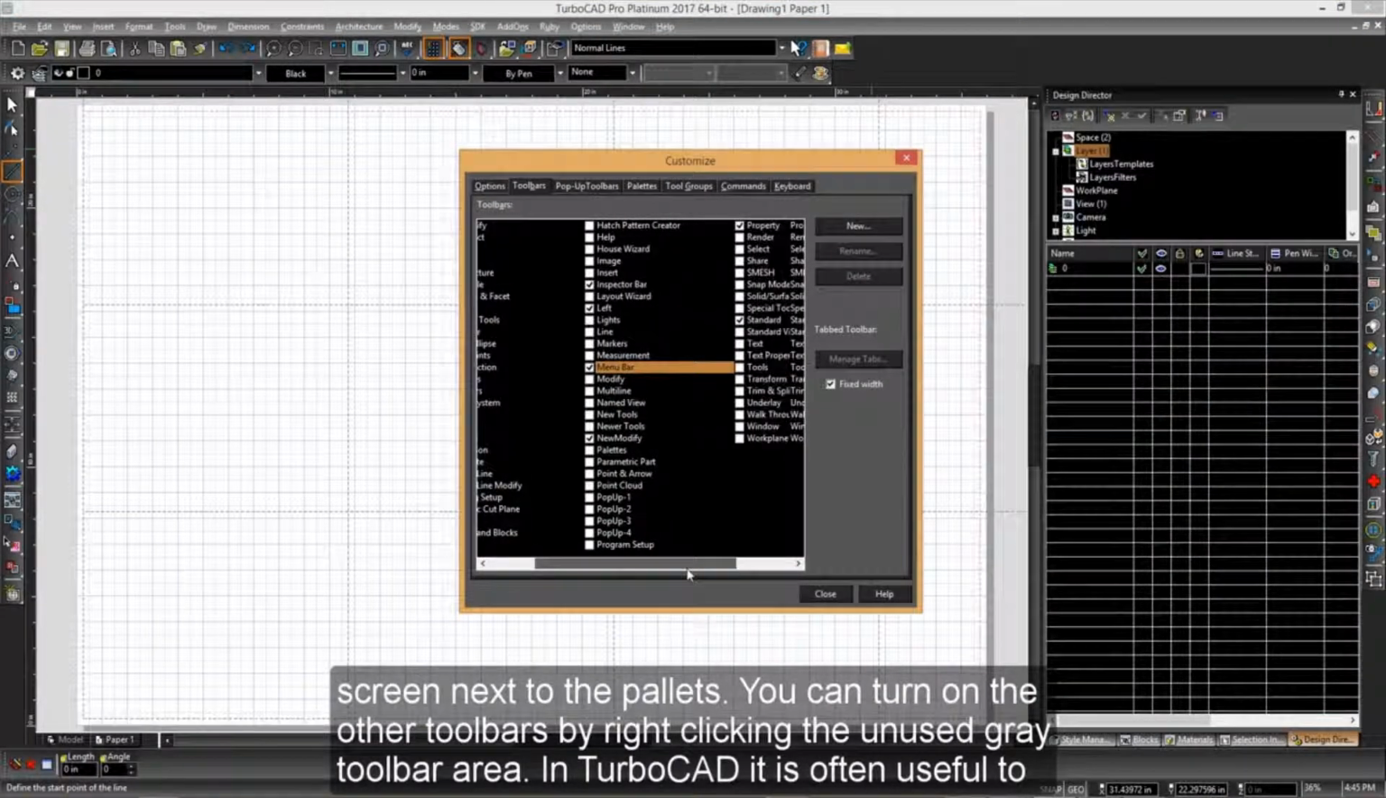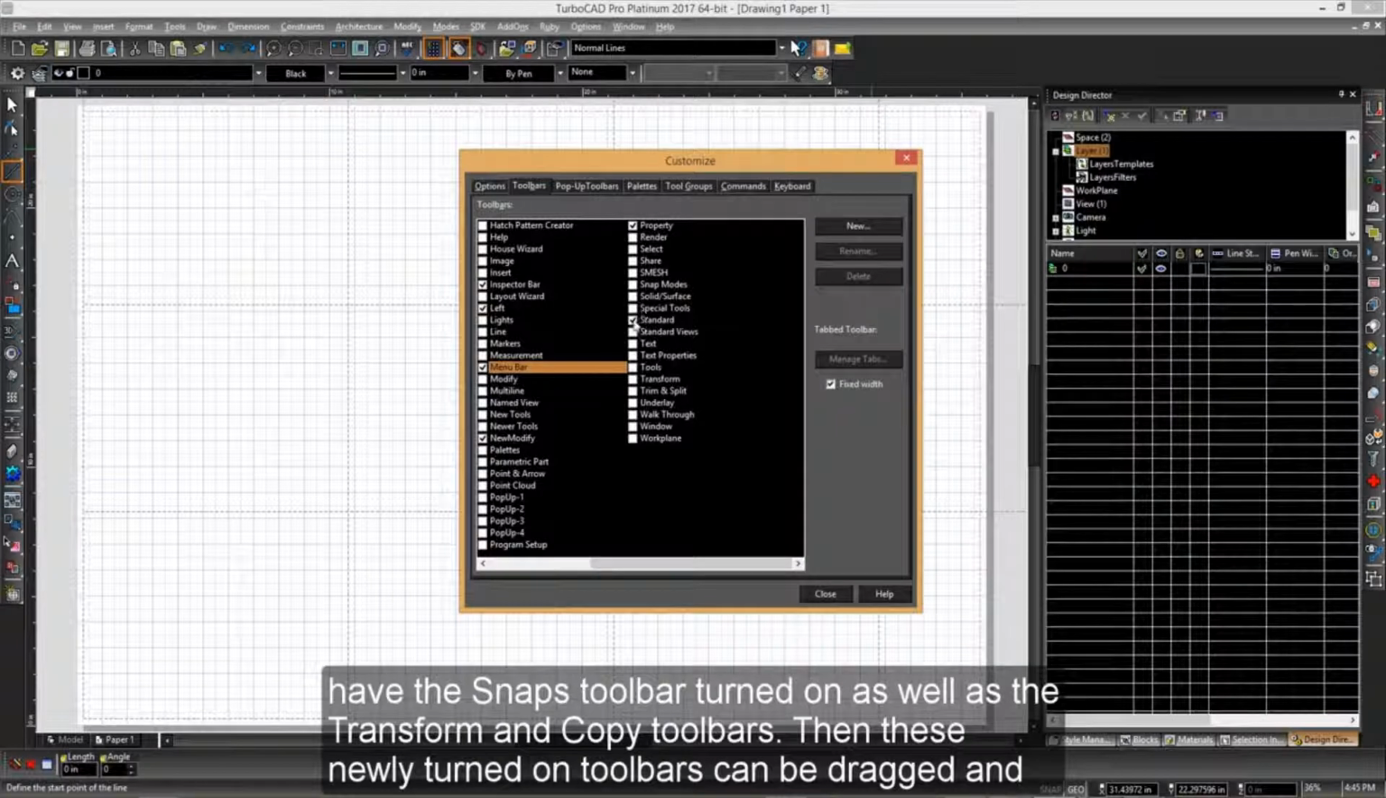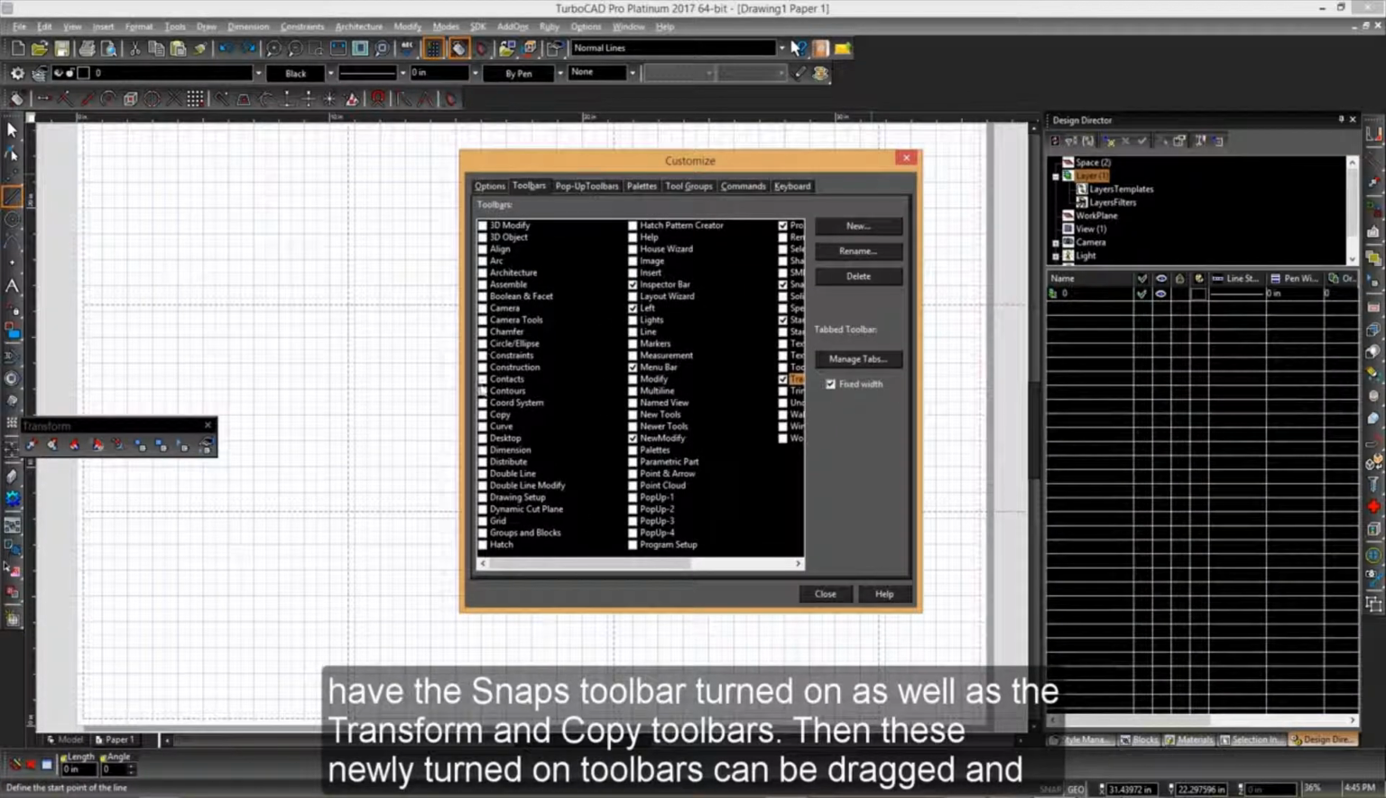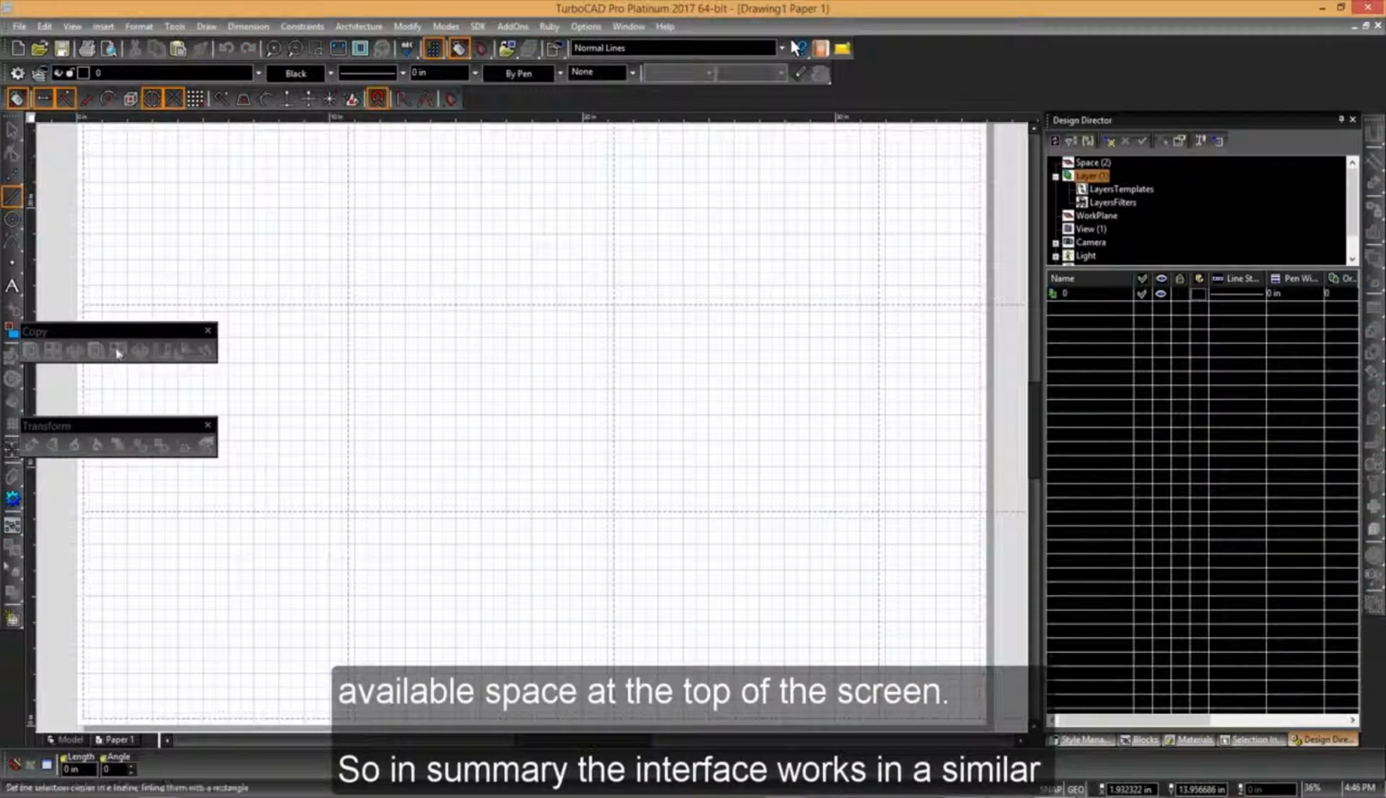In TurboCAD, it is often useful to have the Snaps toolbar turned on, as well as the Transform and Copy toolbars. Then these newly turned on toolbars can be dragged and docked in the available space at the top of the